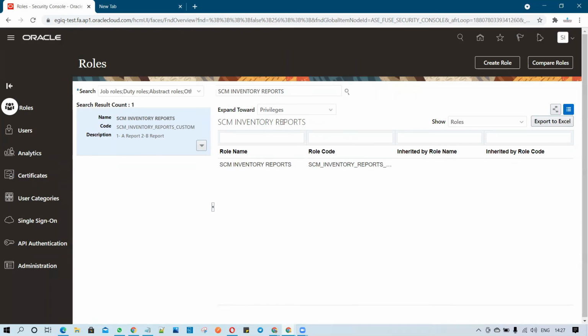In the same way you can create groups for purchasing, order management, AP, GL and other respective modules. So you can segregate it. I have created this custom role, and now this role is ready for use. You can associate this role to all your respective users who are supposed to have access to inventory-related reports. So this is how you can achieve it in Oracle Fusion. If you have this kind of requirement in your implementation or from the business, you can support it.